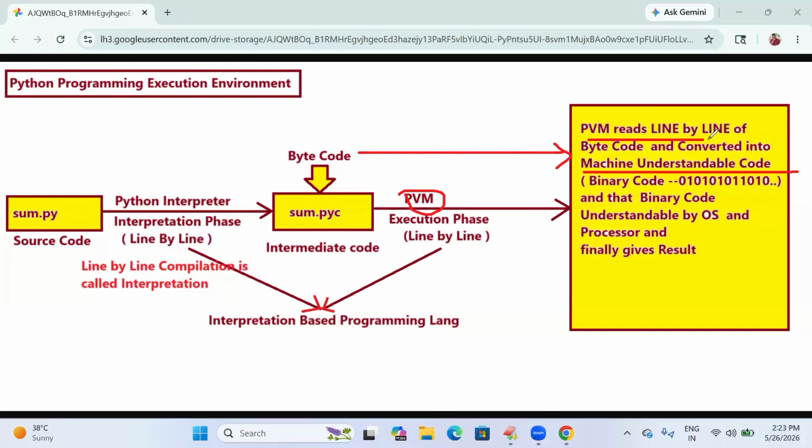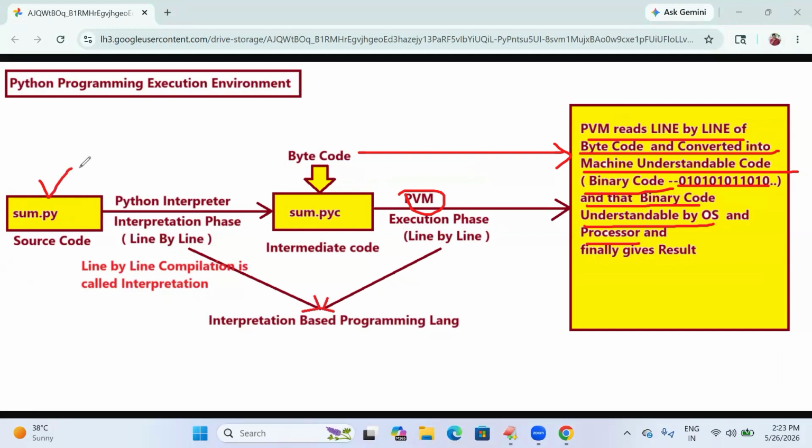See, the PVM reads the bytecode line by line and converts it into machine understandable code. Machine understandable code is binary code, containing 0 1 0 1 0 1 and so on. That binary code is understandable by the OS and the processor. Finally, it gives the results to the user.